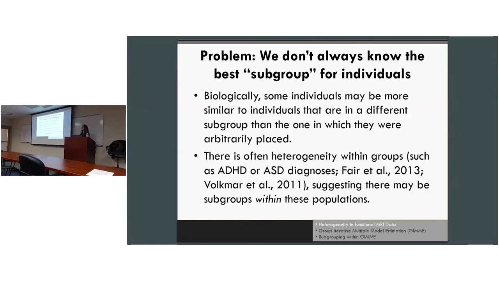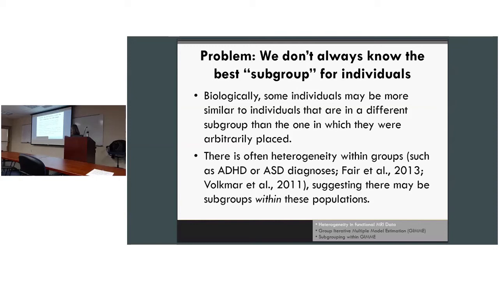And so it's a little bit backwards to then look and say, how are these groups different? I'm just suggesting a complementary approach to how we are currently doing things in science. And then added to that, there's often heterogeneity within groups. So even if I do separate people by male, female, or ADHD diagnosis, non-ADHD diagnosis, then within those groups, of course, there's going to be heterogeneity. All you have to do is talk to two people who are within the same group, and you'll see that they're going to be a little bit different.